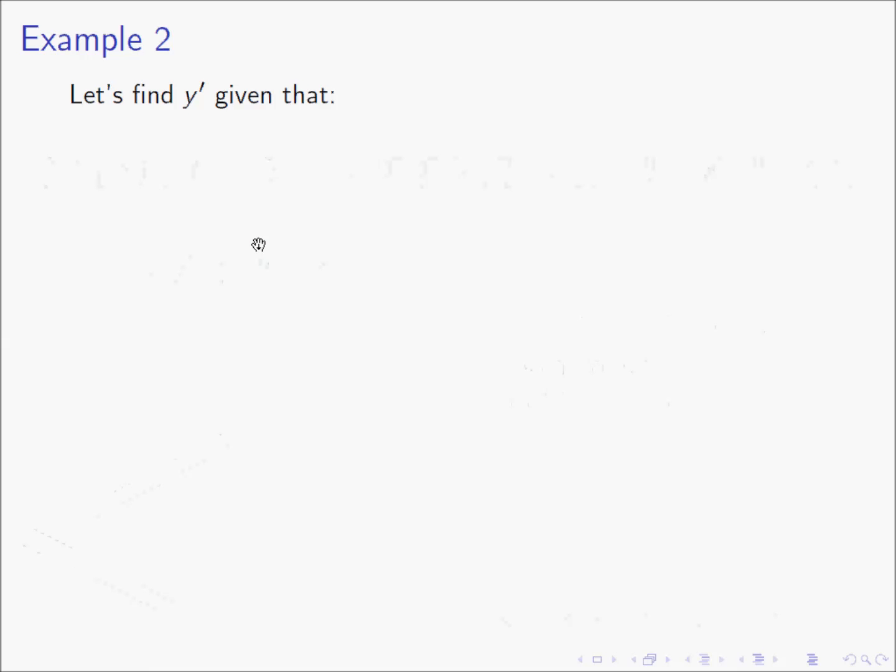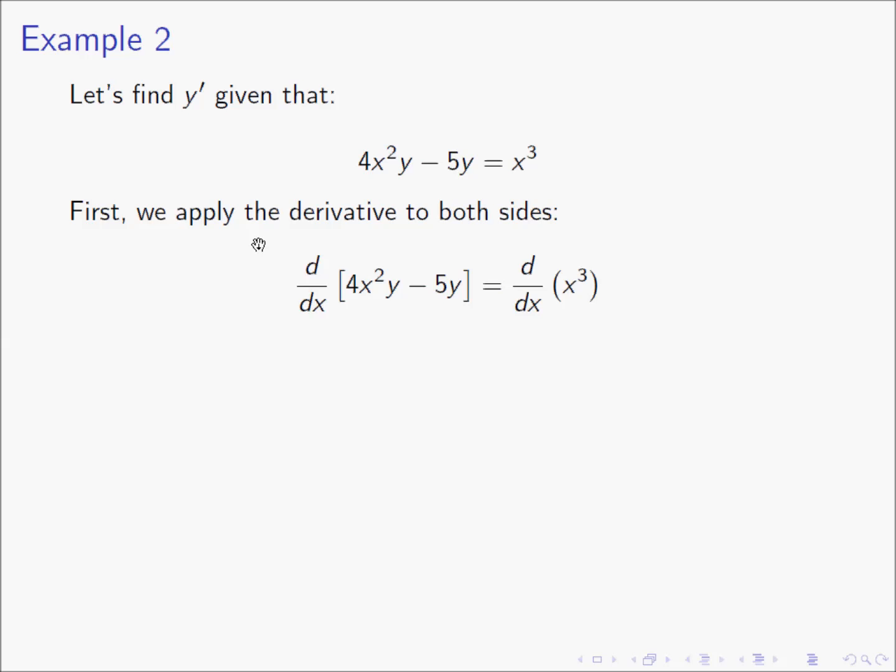So let's say that we have this equation and we want to find y prime. As in the first example, we apply the derivative to both sides of the equation like this. Remember that this symbol means that we're taking the derivative of whatever is inside the brackets, and the same here. So we can separate the derivative on the left side into these two terms,